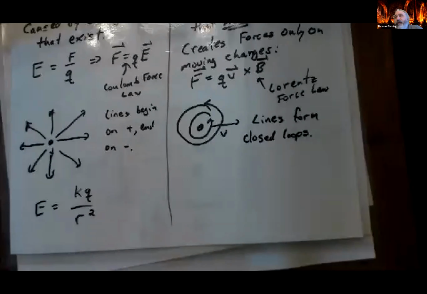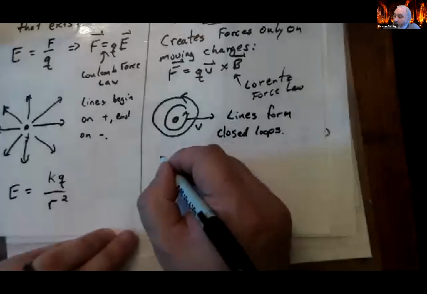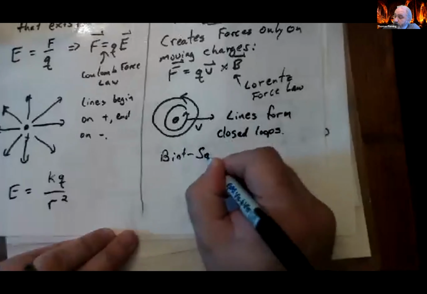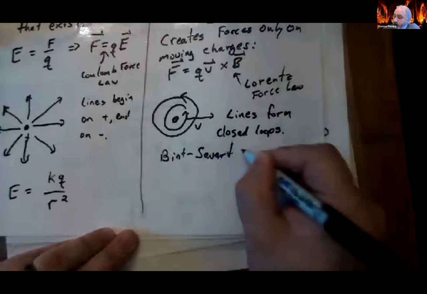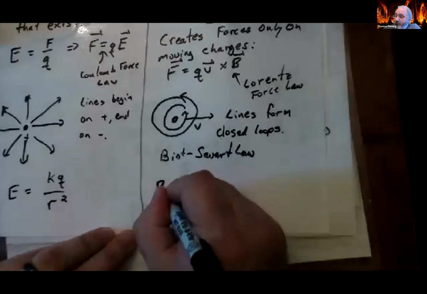The magnetic field of a point charge is a bit more complicated. It follows something called the Biot-Savart law. And it says that your magnetic field